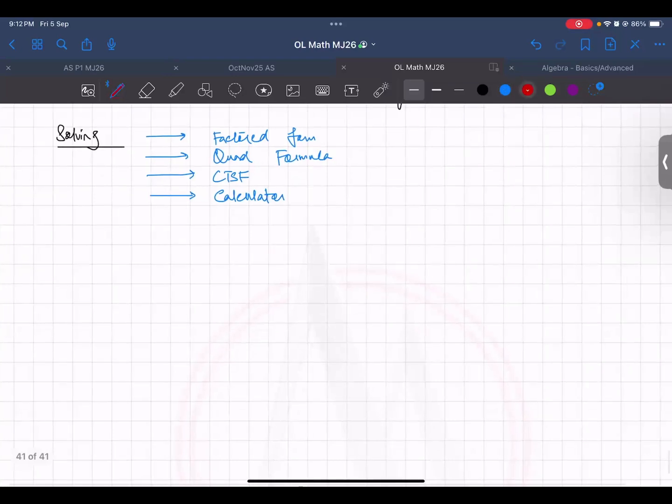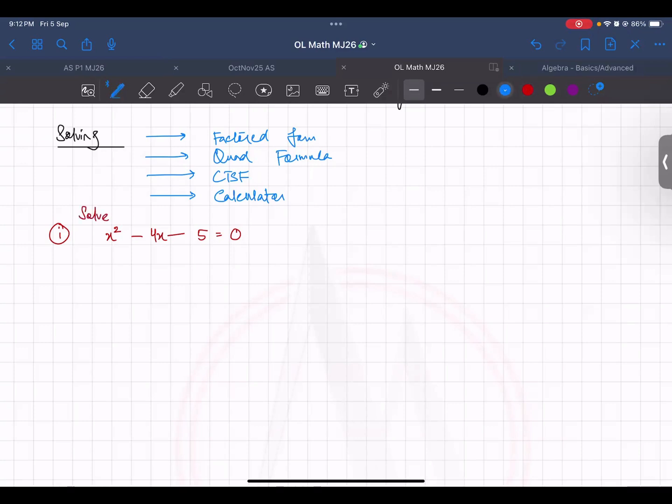So let's suppose we have an equation. We will use a simple equation to show that we can get the same solution from all four methods. So you have, let's suppose, x square minus 4x minus 5 is equal to 0. A very simple quadratic equation. How is it quadratic? Because it has the x square, the power of x is 2, and that is equal to 0. So that's why it is an equation, and they would ask you now to solve this quadratic equation.